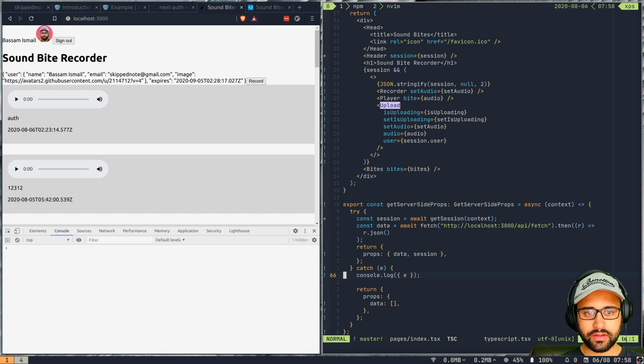Because while we are sending it from the API function, it has to be converted into a string, but as soon as we get it, I think we can convert it. Okay, so we could probably